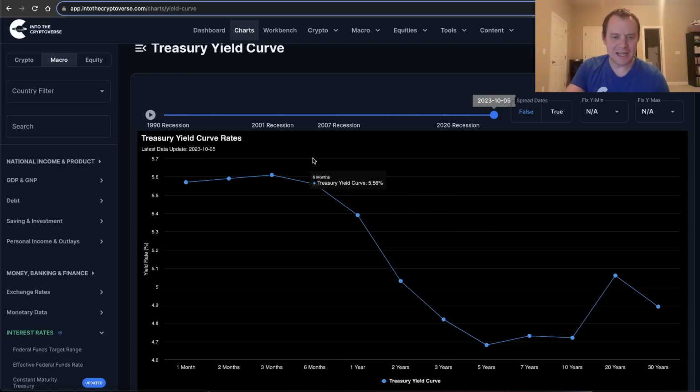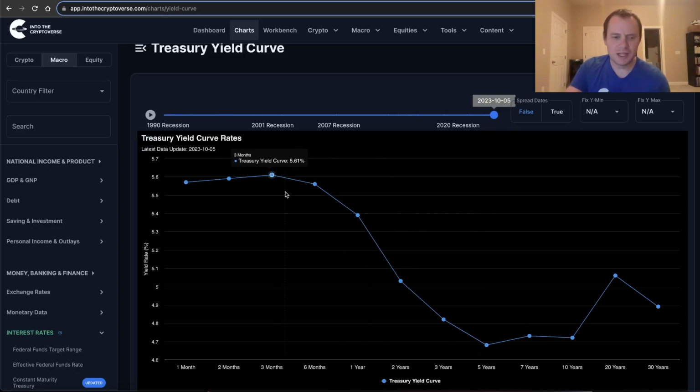So let's take the 3-month and the 10-year. I think two of the more popular ones to look at are the 3-month and 10-year spread and the 2-year and 10-year spread. Some people prefer one over the other. I tend to prefer the 3-month and the 10-year over the 2-year and the 10-year. I think the 3-month 10-year has a bit better track record, maybe a little bit more predictive than the 2-year and the 10-year. But that's just my own personal preference. You could come up with reasons perhaps why the 2-year, 10-year is better.